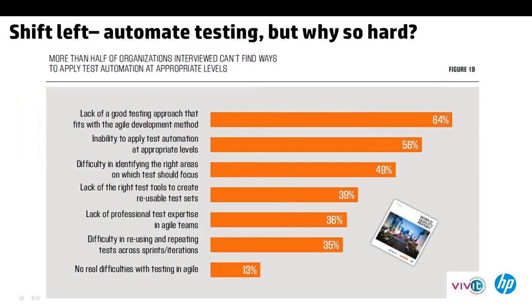So what you see here is results from the latest World Quality Report. It's a joint annual publication between HP and Capgemini. This year's report, we really focused on continuous delivery, continuous integration, and how testing fits into this process. Some of the top things that emerged from this study about continuous testing and testing in the Agile world is that the first thing people are looking for is an approach. What is the best practice to do testing in the Agile development world?